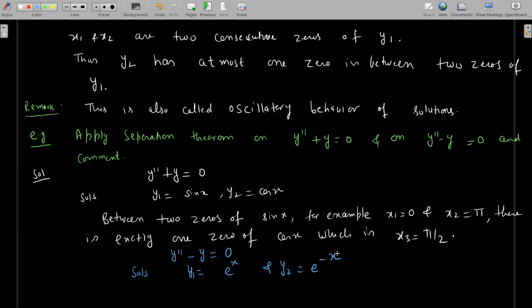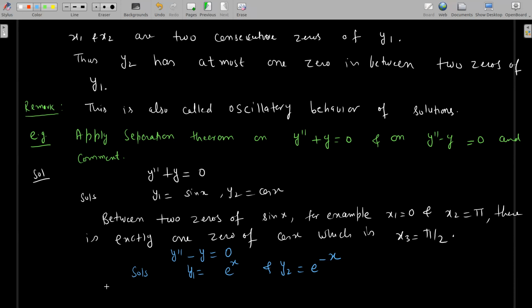So can you apply separation theorem on these two functions? देखो theorem does not say about existence of zeros. It only says that if one function has two zeros, then another function will have one zero. But y1 and y2 don't have any zeros, so you cannot apply separation theorem